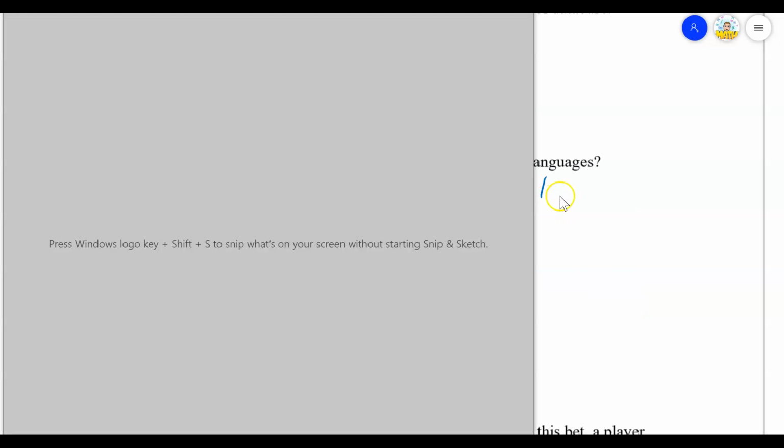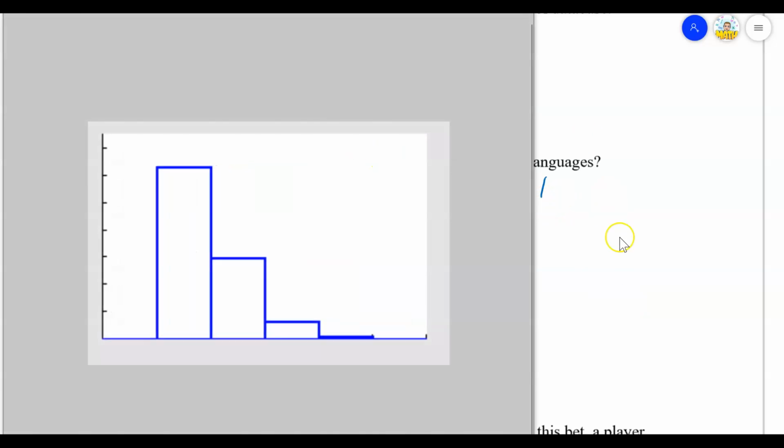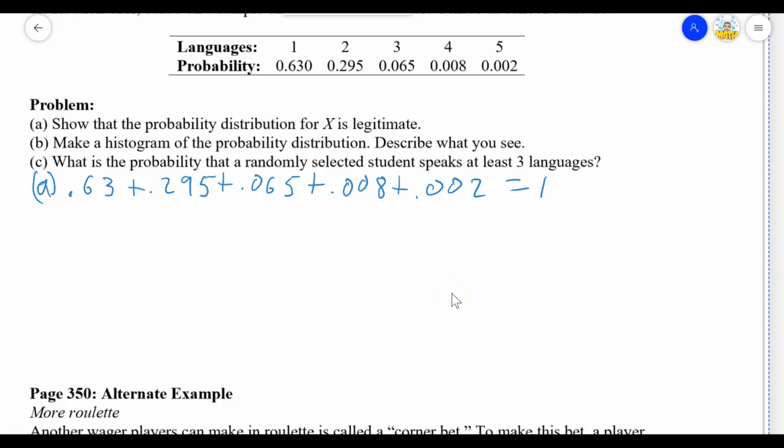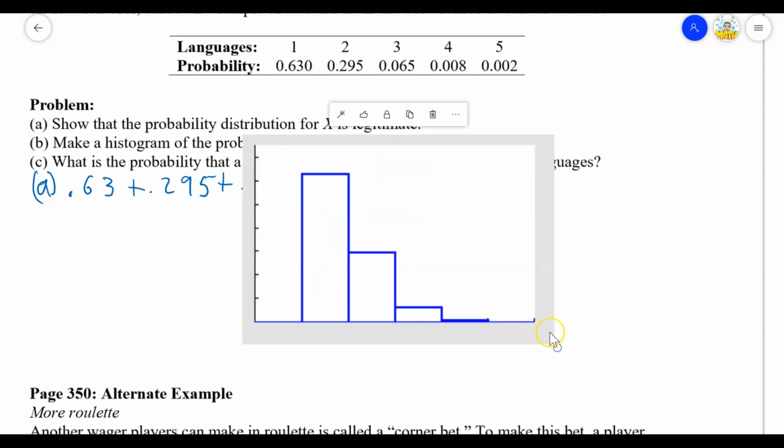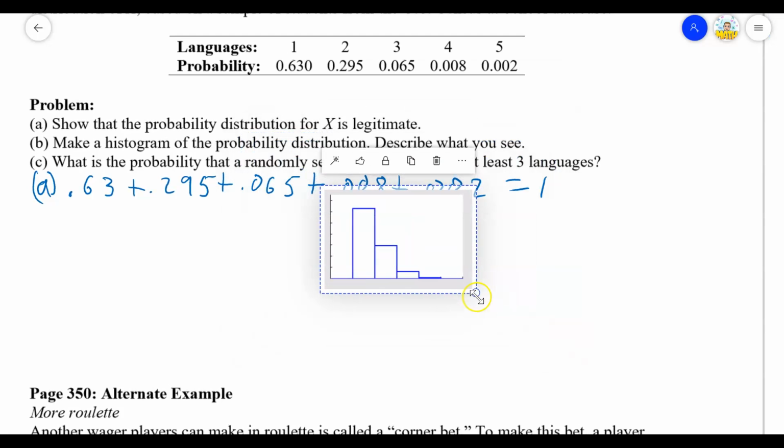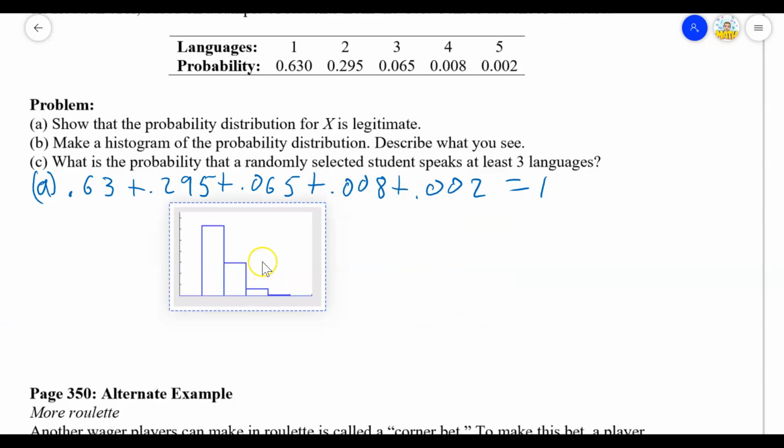And the only thing we want to make sure that we would do here is make sure that the graph is labeled. If we are going to draw a histogram, label the axis, right? So over here we have on the x-axis, in this case, this would be languages. Okay, and then up here, this would be the probability. That's fair enough. We don't have to unleash all of the context of what's happening here, but that's our axes